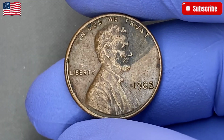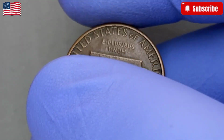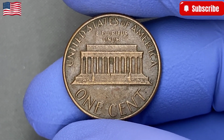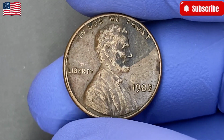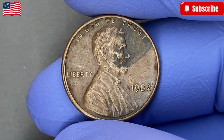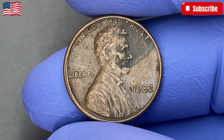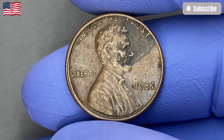with a sharp eye. High-grade 1982 pennies are already valuable on their own, but the true excitement comes from those rare varieties that escaped attention for decades, hiding in jars, drawers, dusty containers, and old pocket change collections. What makes this coin even more thrilling is the presence of dramatic mint errors, created during a year of rapid changes and heavy production, turning ordinary pennies into extraordinary pieces that collectors are willing to pay surprising amounts of money